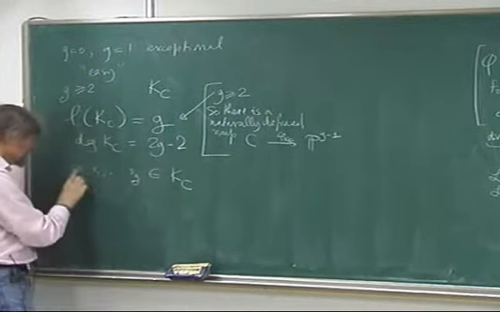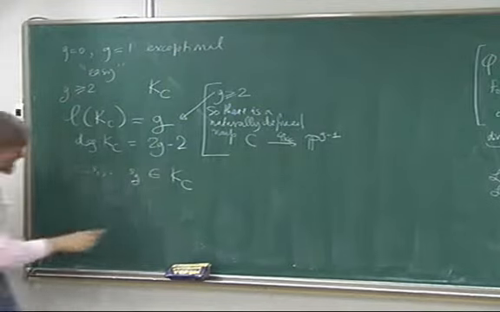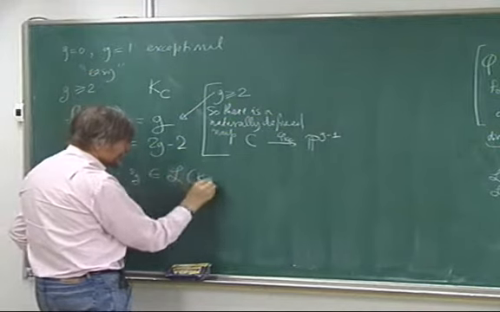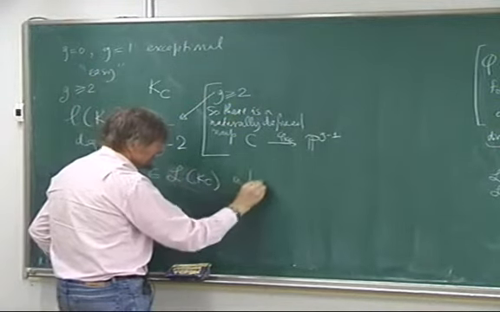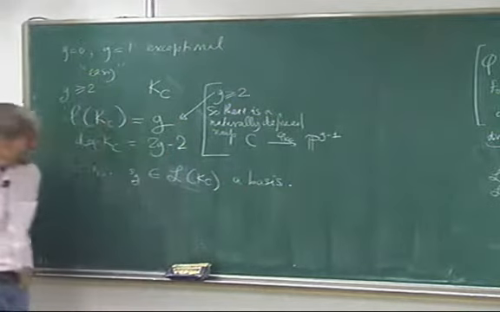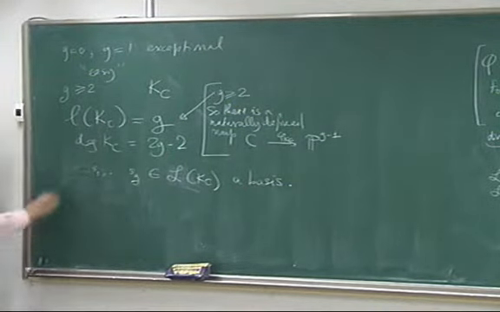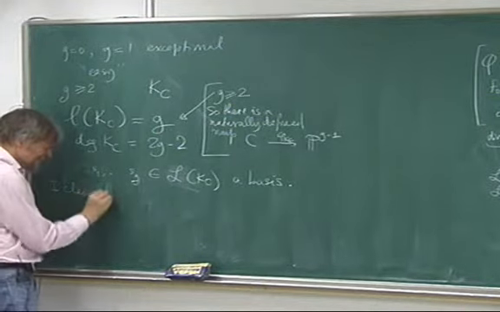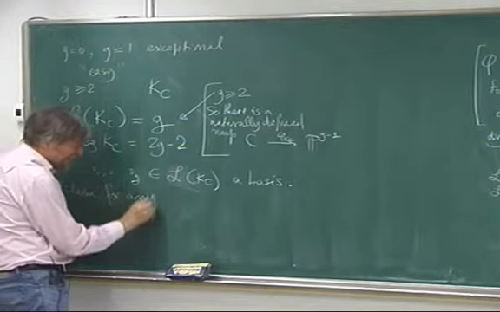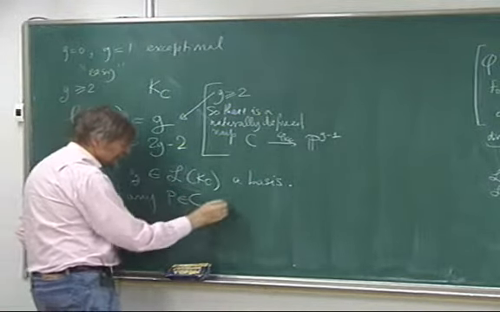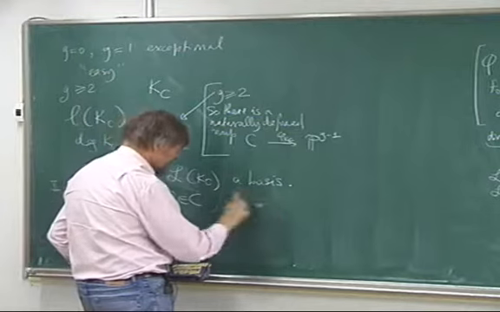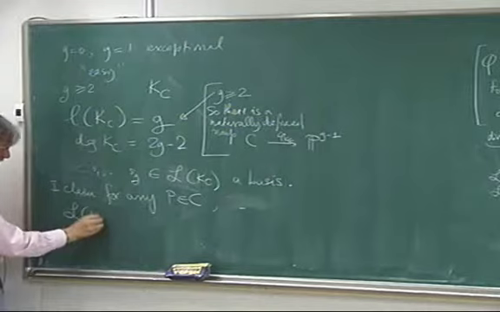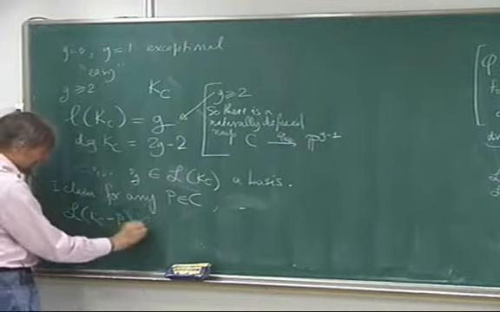I'm sorry, S1 up to Sg in Kc, a basis of L of Kc. So I claim that for any P in C, L of Kc minus P in L of Kc